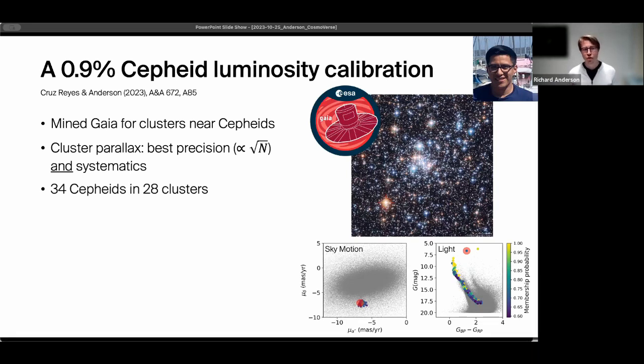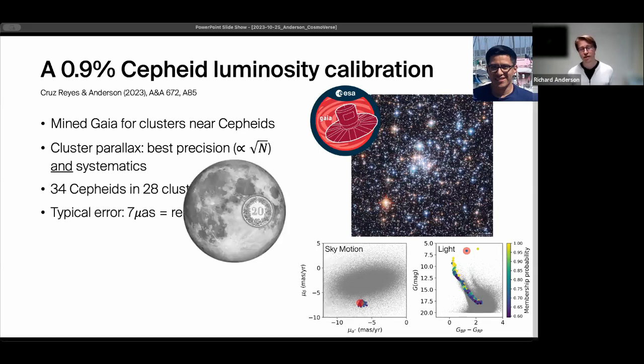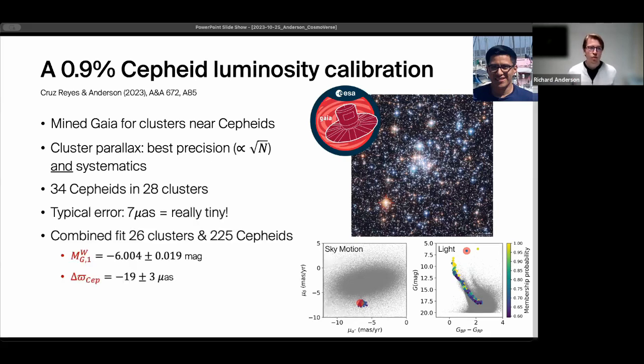And we do this for 34 Cepheids that reside in 28 clusters and obtain a typical error that's only 7 microarcseconds. And that's really, really tiny. So to give you a sense of scale, this is a small coin on the surface of the moon observed from the Earth. So with this in hand, we can then do a combined fit of the 26 cluster Cepheids